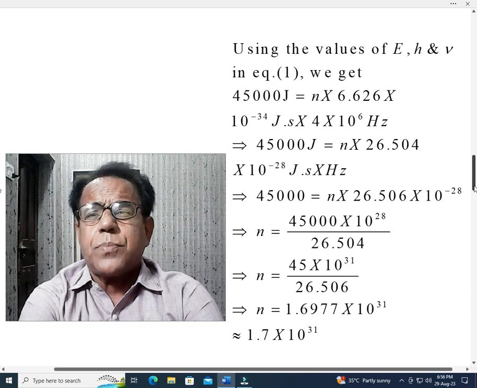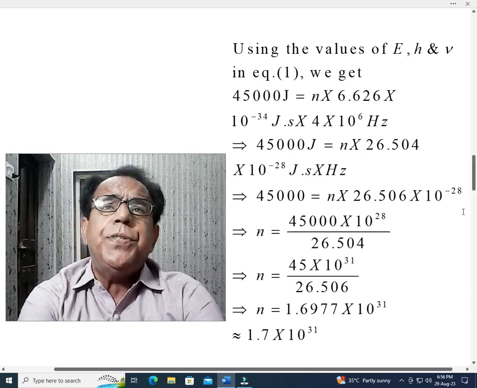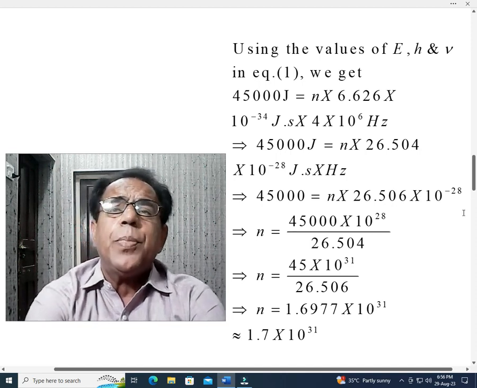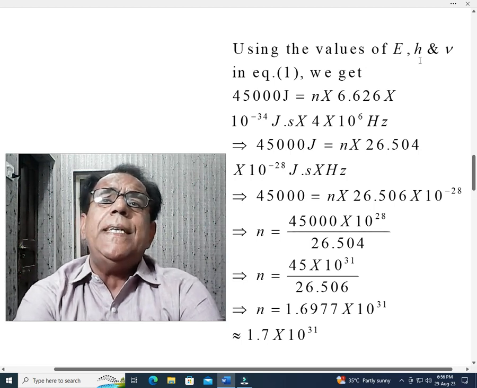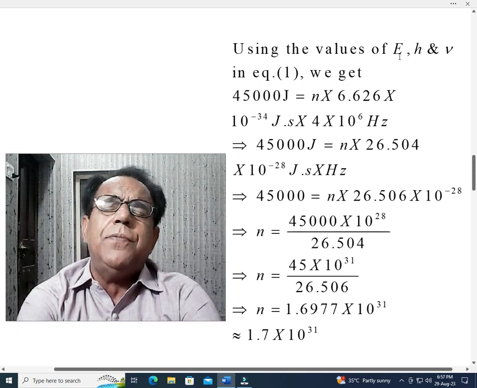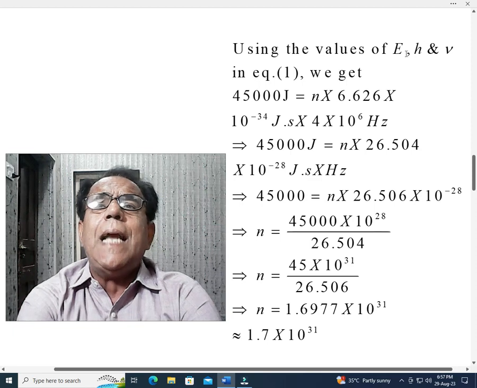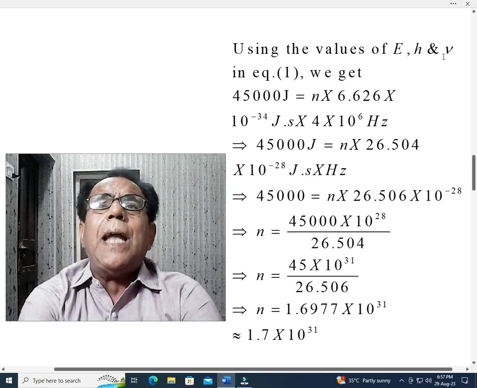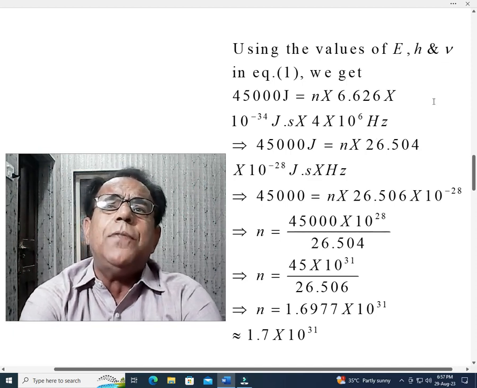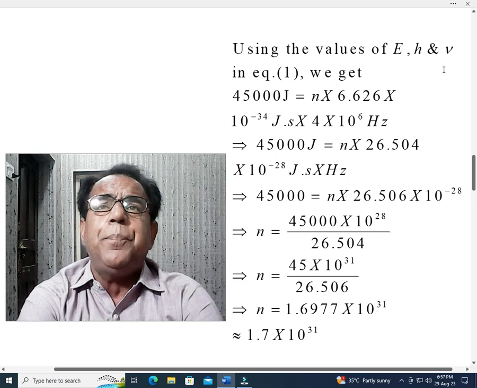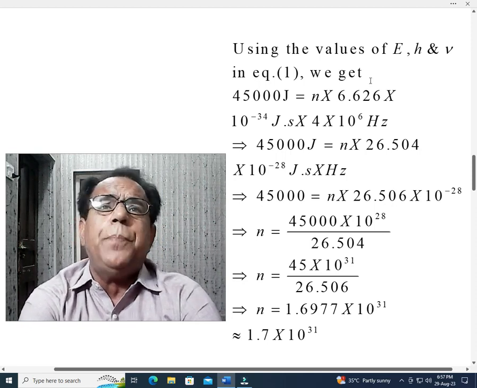Okay, not in fractions. Using the values of E, h and nu in equation number 1 we get, students, the value of E, we have noticed that it is equal to 45,000 joule. Similarly, h is Planck's constant and its value is given in the table at the end of this problem, and the value of nu, that is frequency, is also given in the statement, which is 4 megahertz. Mega standing for 10 raised to the power 6 and hertz meaning 1 over second. So when we put these three values in equation number 1, we will get